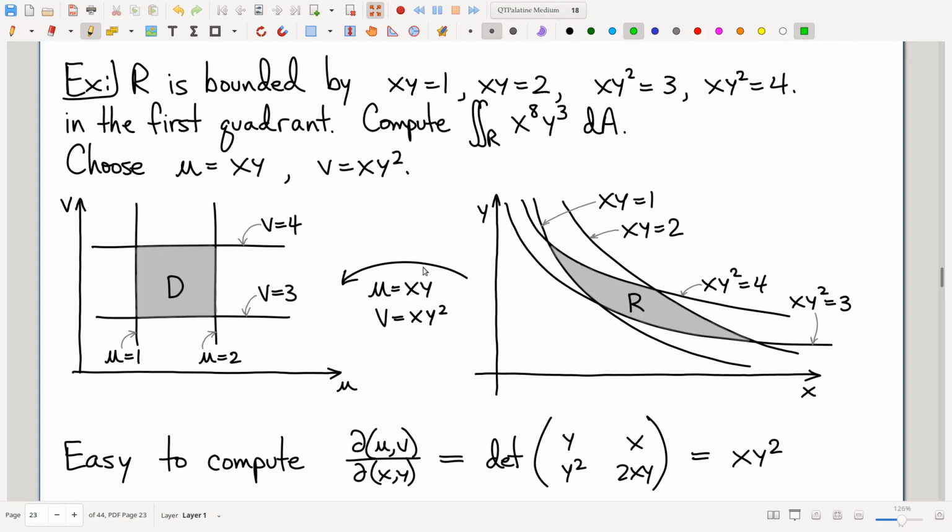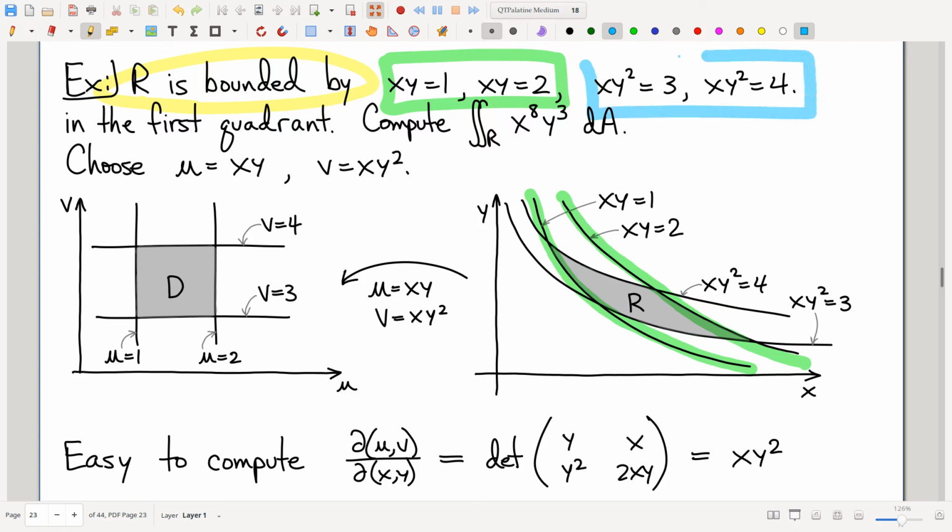So, here's a weird domain. It's bounded by these 4 curves. There's a pair of curves that are level sets of xy, and then there's another pair of curves that are level sets of xy squared. And